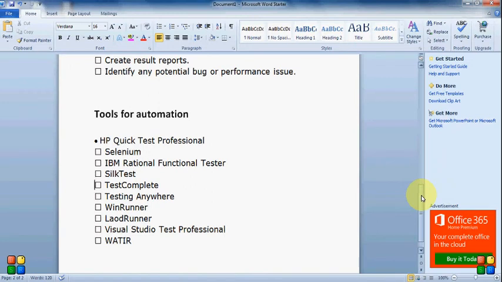There is Selenium, there is one more IBM tool, Rational Functional Tester, Silk Test, Test Complete, Testing Anywhere, WinRunner, Load Runner, Visual Studio Test Professional, WATIR. These are the tools which help in automation testing.